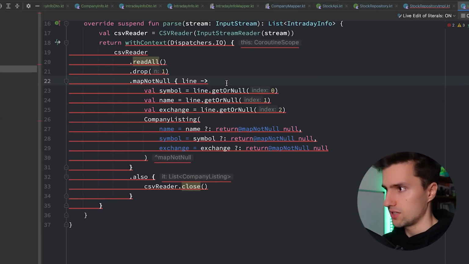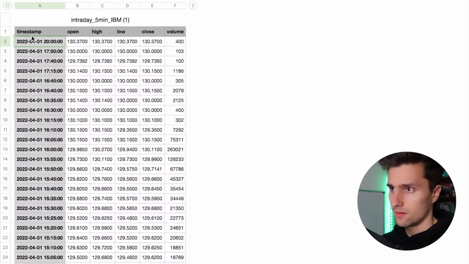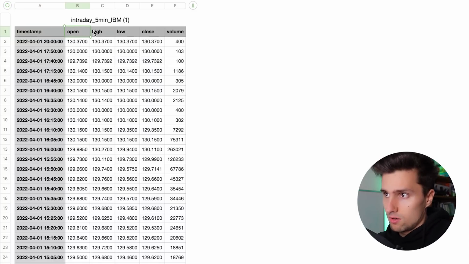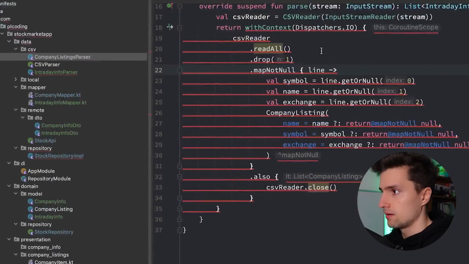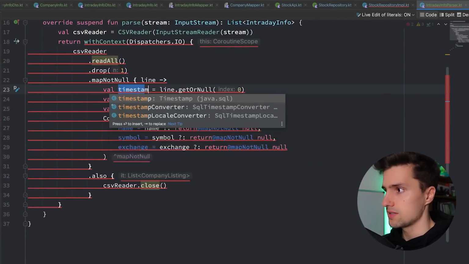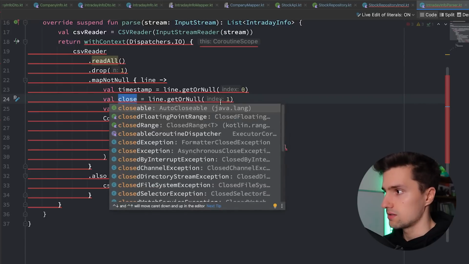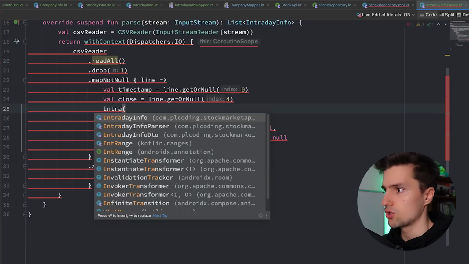So if we take a look, we're actually interested in the timestamp and the close value. So that is index 0, the timestamp, and close is index 1, 2, 3, 4. So we're interested in index 0 and 4. So we can say timestamp is this, close value is 4. That's not needed. And then we return an intraday info